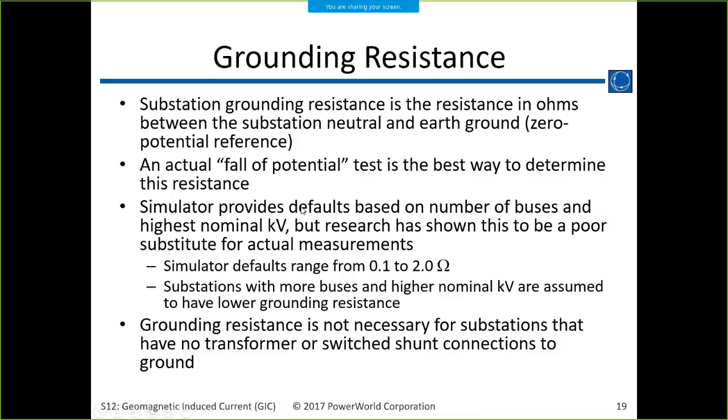We actually did sensitivity analysis. We did an IEEE paper on that, and it varies. When we started doing this, we thought the grounding resistances couldn't matter that much. Turns out they matter a lot. But it really depends on the location. If we have measured values of those, that's what we really focus on getting in there.